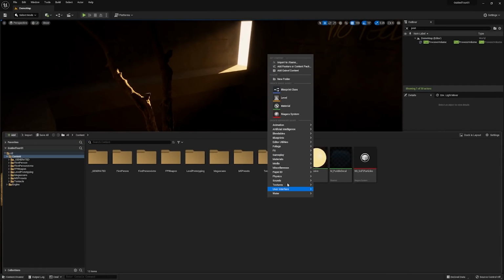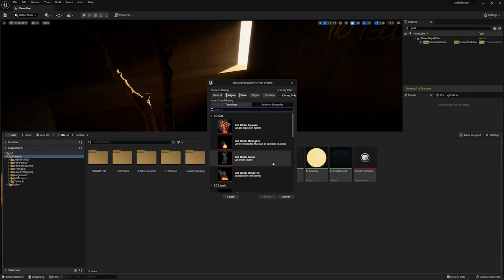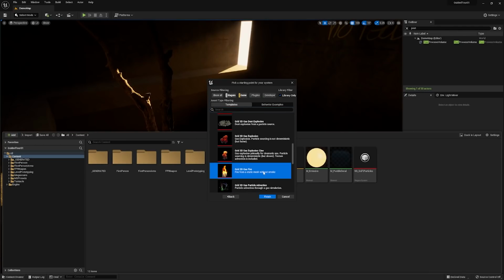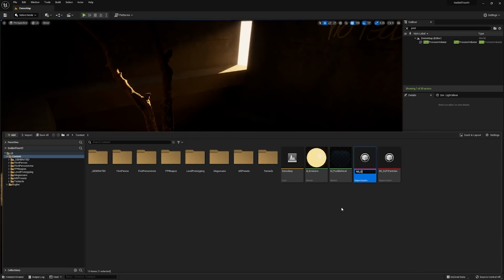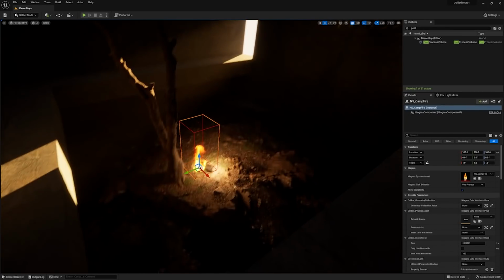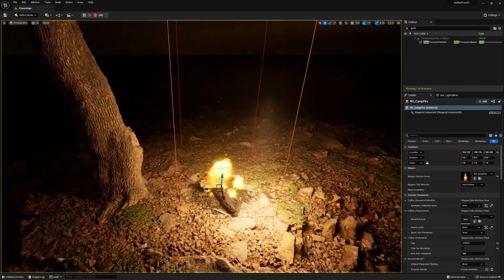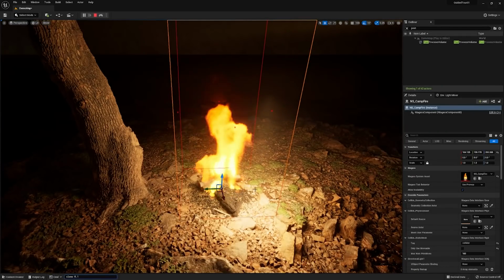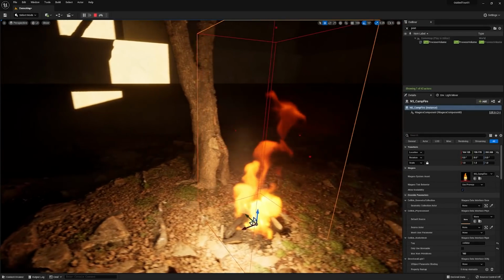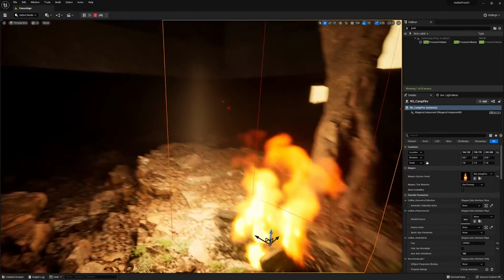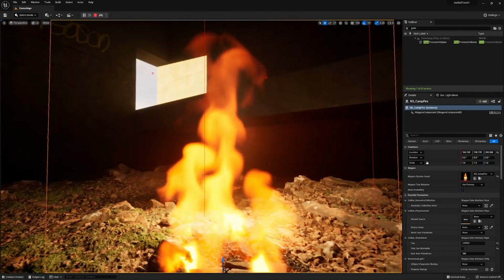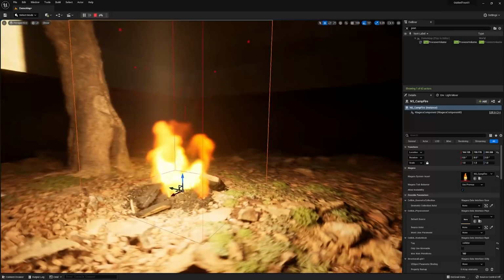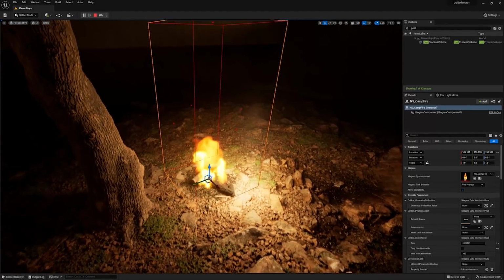But one new thing in Unreal's bag of tricks is the addition of the Niagara Fluids plugin. Let's go ahead and create a new emitter based on the fire example that we have here. I'm going to call this NS Campfire. Now, if I go ahead and create this effect, I want you to take a look at it in the world. Notice anything kind of different about it? Let's put it in slow motion. That's right, it's volumetric. Now, I really love this, and I'm not going to go into it fully here because we just don't have the time and it's a video unto itself, but essentially it uses two emitters.